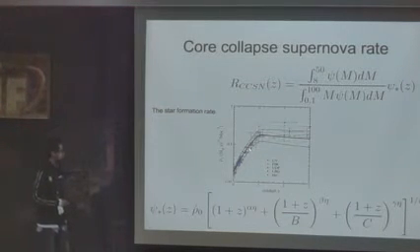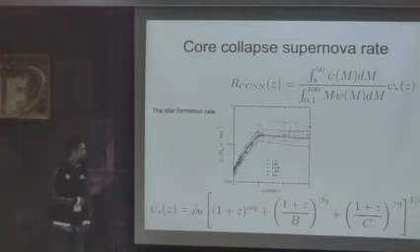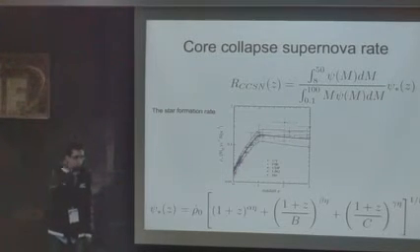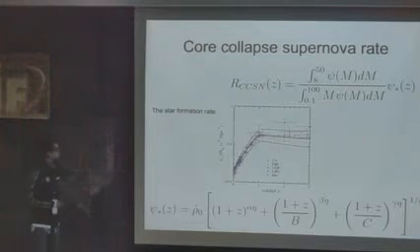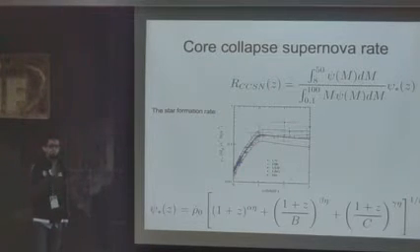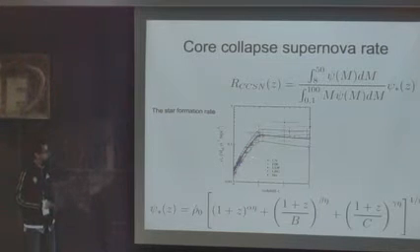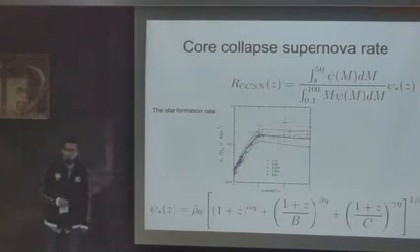But in any case, the current knowledge about the core-collapse supernova rate is a combination of direct observation of how many supernovas are exploding in each galaxy, how many stars are at different redshifts, and actually these measurements can be compared with some model